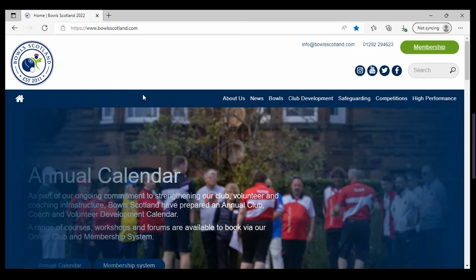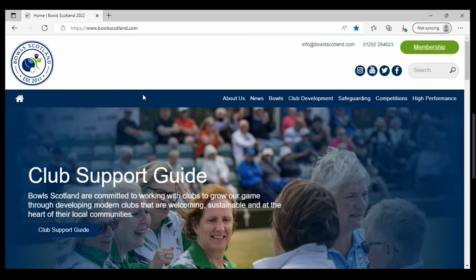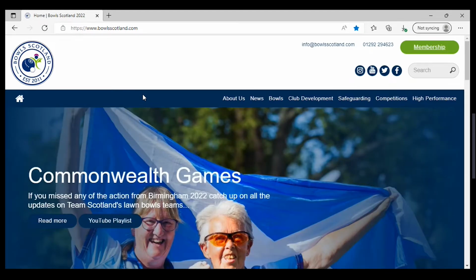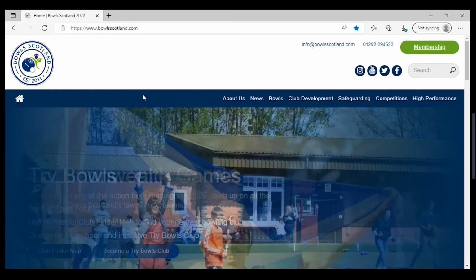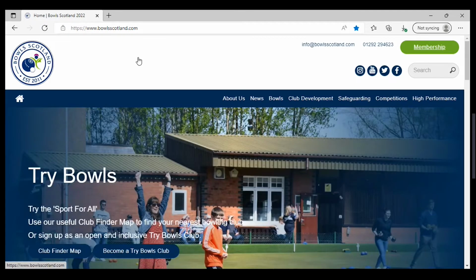So for instance, if a member creates a profile, if you forget your password, the reset email will go to that email address. If you pay for anything, so affiliation, competitions, courses, that's where the receipt or invoice will be sent to. So to get to our Just Go site, if you haven't been there before, the easiest way to